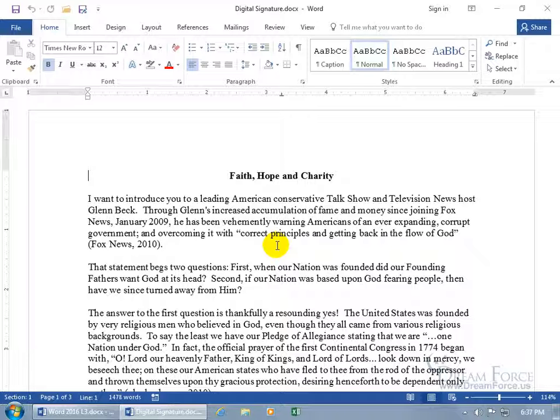One way is invisible. I know it sounds kind of kooky, but I'll explain it in just a minute, because the other way is visible. The invisible way to sign your document just means, hey, it's from me and it hasn't been modified. The other way, the visible, says the same thing. It hasn't been modified and it's from you, but also has a line that you can actually type your signature